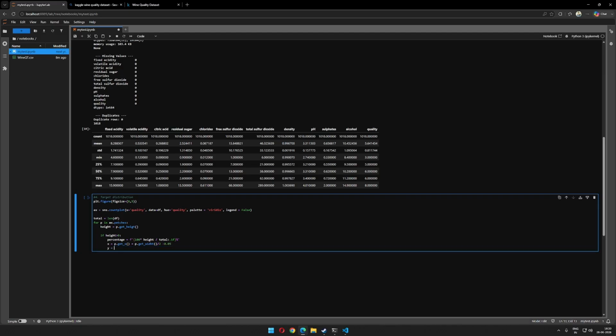And then y is going to be height, and then ax dot annotate percentage, x comma y, ha equals center, and va equals, I think it should be bottom,